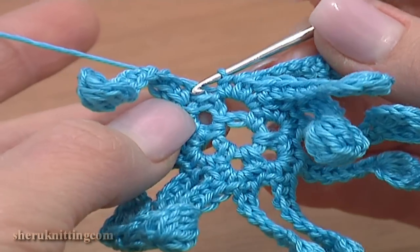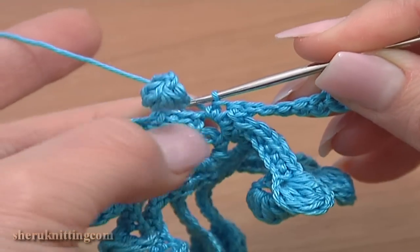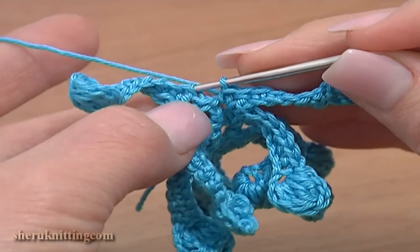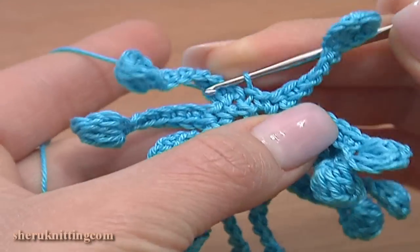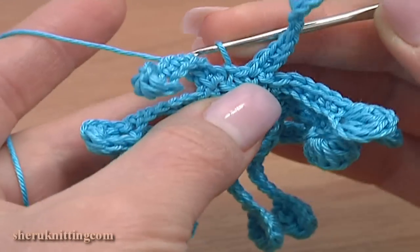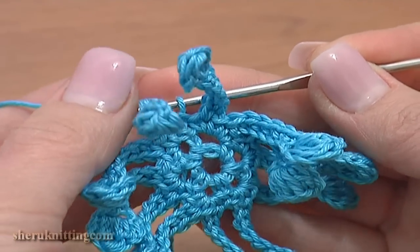Now to complete the second round, insert the hook through the first chain stitch on this round and make a slip stitch through. Second round is made. Now we can begin the third round. I will be making chain spaces again. To begin the third round,